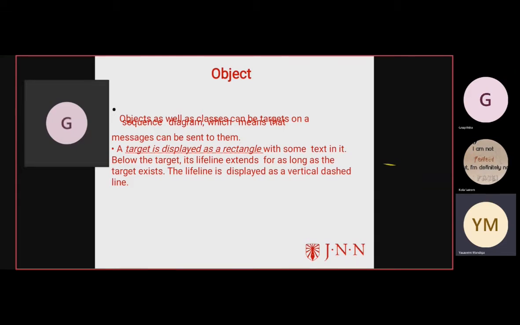The lines are very important, and those are the lifelines. Without a lifeline we cannot pass a message. Here, name is the name of the object in the context of the diagram, and type indicates the type of which the object is an instance. Both name and type are optional, but at least one of them should be present.